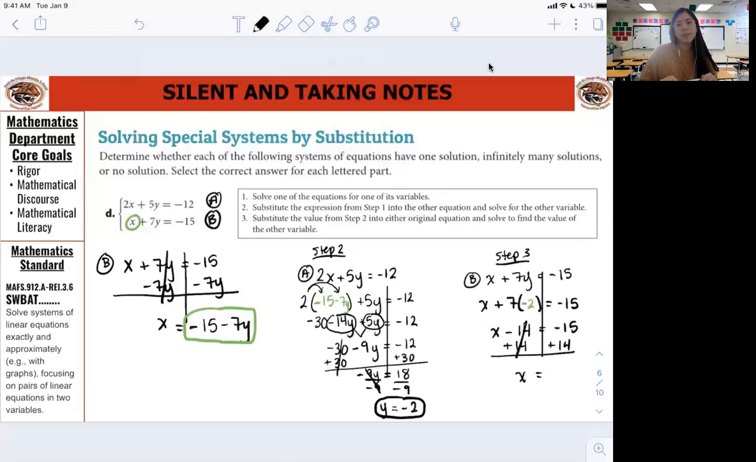Okay, -15 plus 14. Is it -14? -1. That would be -1. And it was -14, but since I have to add 14 in order to get rid of it, now I'm adding. That's why it's now positive 14. The opposite of subtraction. Exactly. All right, there's our answer. One solution